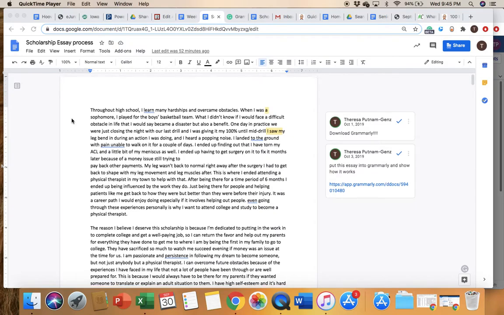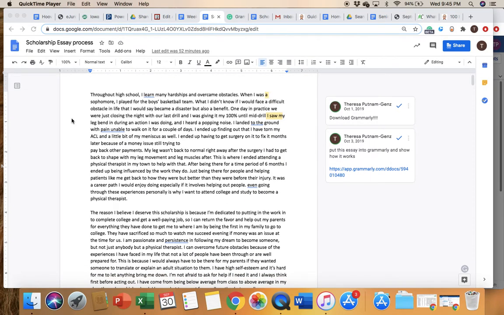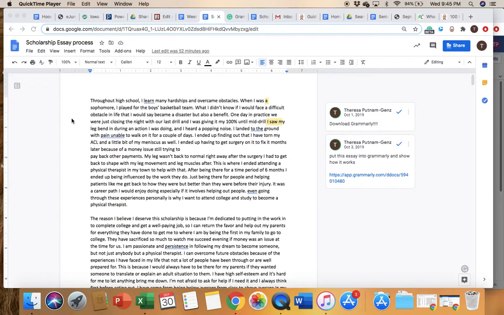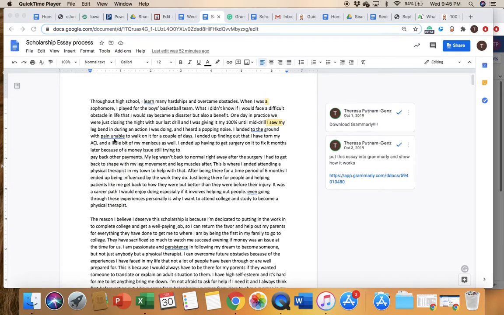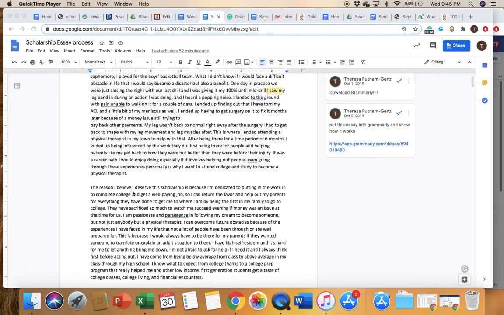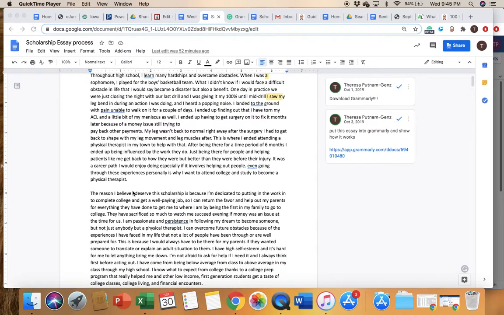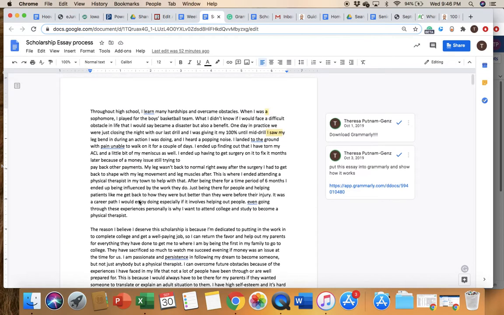This is an example of an essay one of my students wrote. You can read through it and see there's already things popping up within Google Docs that need to be fixed. One of the first suggestions I have for students is to get Grammarly on their computers. There are two ways you can do it. One, it can just be a Google extension, so it's right here for me. Or you can actually highlight your essay